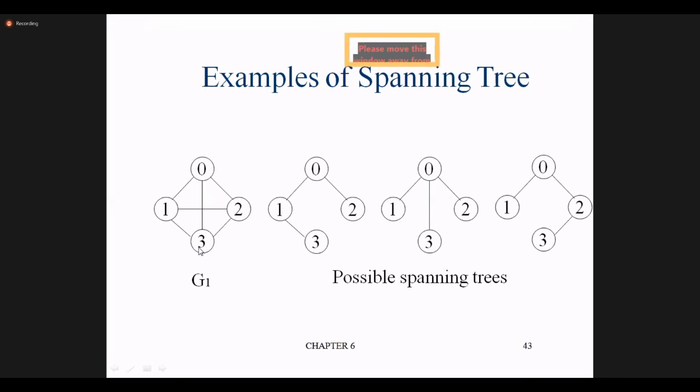So after visiting this 3, we'll mark 1, 3 also visited, and then we'll start again from 0, and we'll see the right side. 2 will be visited. Once 2 is visited, we'll see whether the left side is there or not. Yes, the left side is there. Then we'll visit the 3. Because 3 is already visited, we'll stop there. So that's why it is 0, 1, 3, 2.